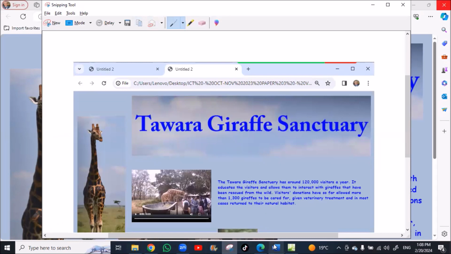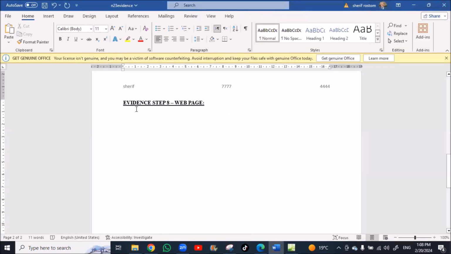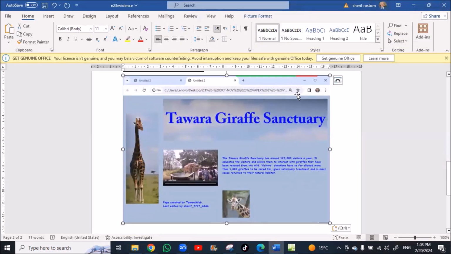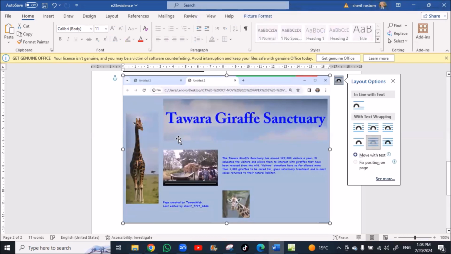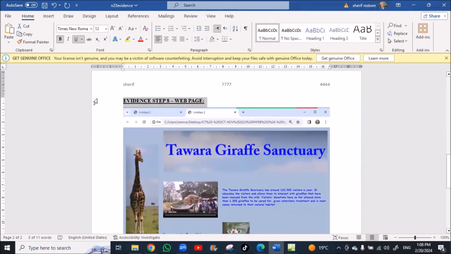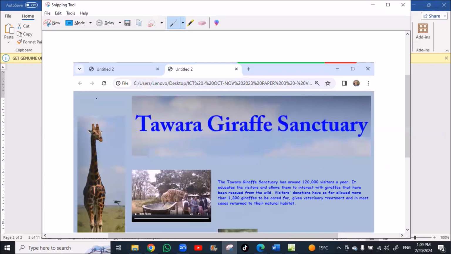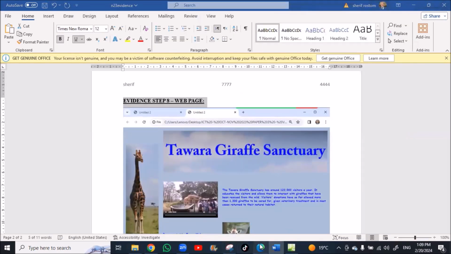Then copy, go to your evidence, and Control V, make it smaller. Okay. Back to exam.